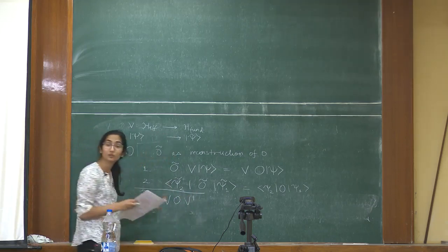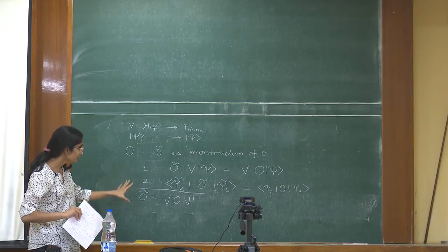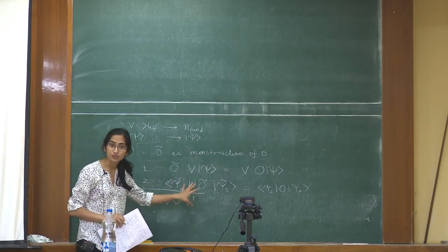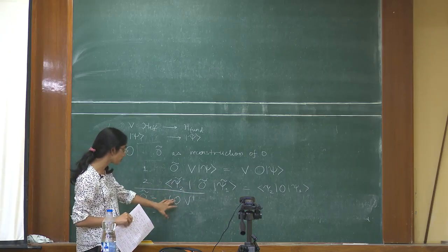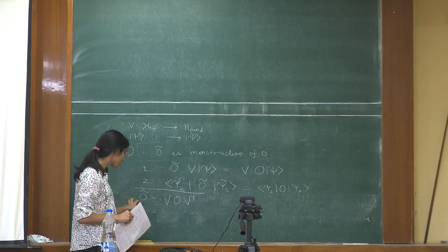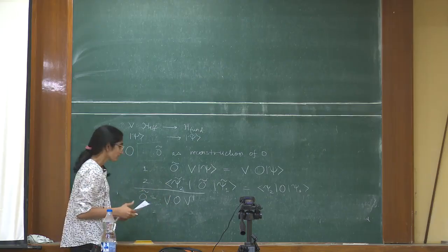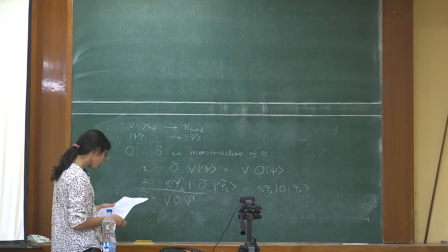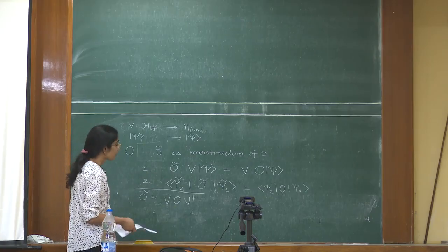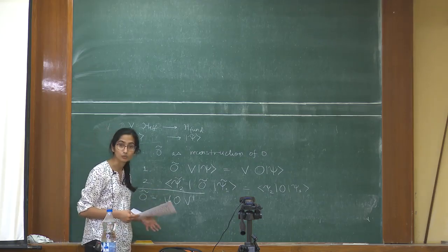So from just writing it down this way, it's not obvious that there is any local structure to this statement. If I have some bulk operator O, even if it's some local operator acting in some region, O tilde could be something which is spread out in some non-local way in the whole boundary. Okay, but it turns out that a stronger statement can be made about reconstructions of operators, which is called